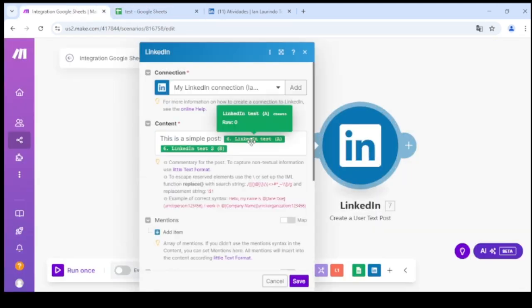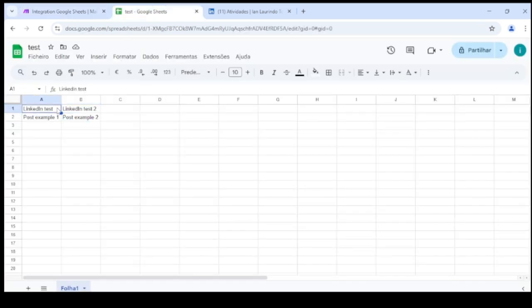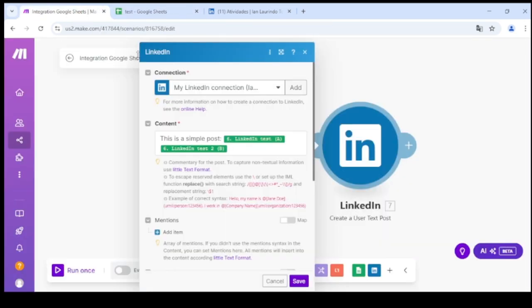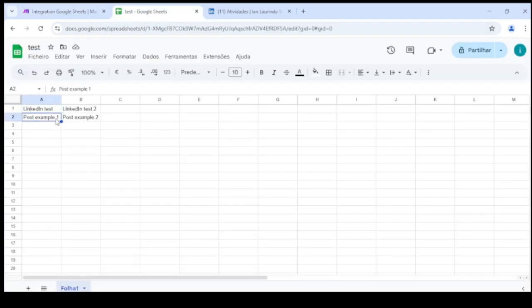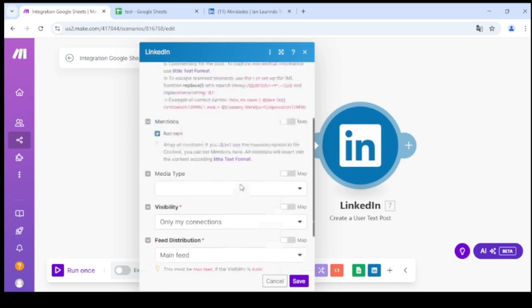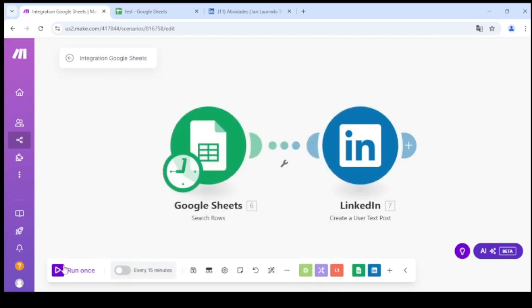There's this link test A and this link test 2B. That is these two variables. And when I access this data, it will be replaced by the post example 1 and post example 2. And that's basically it. I just run the process